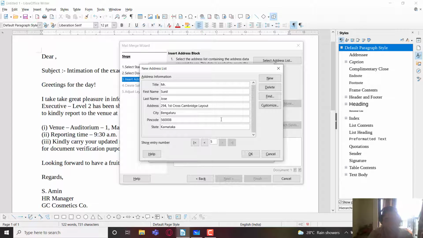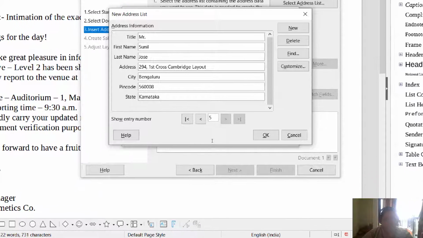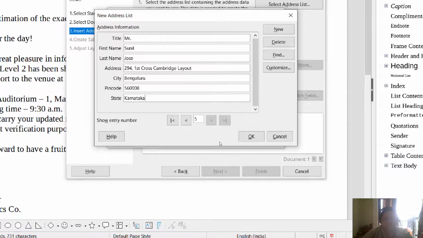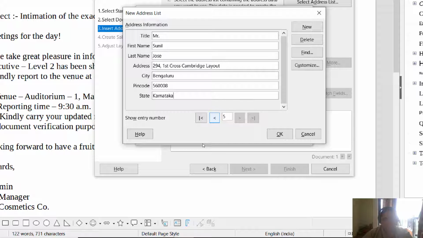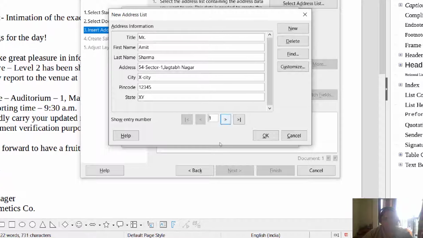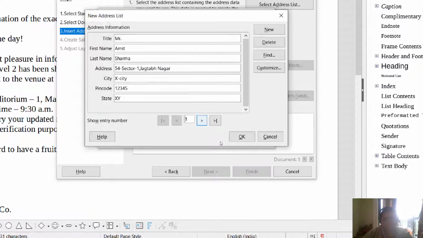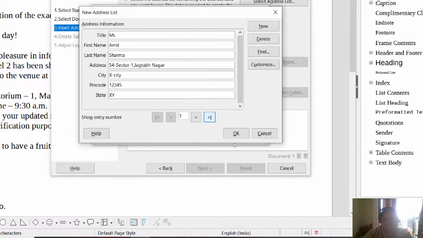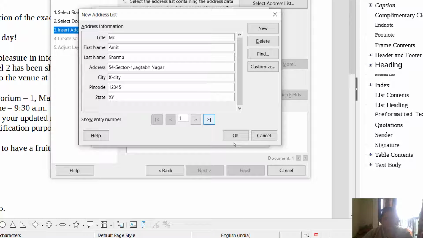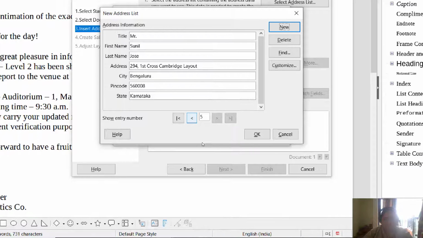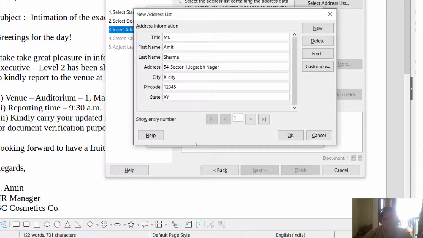So now you can see that I have created 5 records over here, and you can see all those 5 records. Like I am going to the previous record. So these are all the records which I created. You can see 2 buttons at the end with an extra line. That is for reaching the first and the last records. Like this button is for the last record, this button is for the first record.